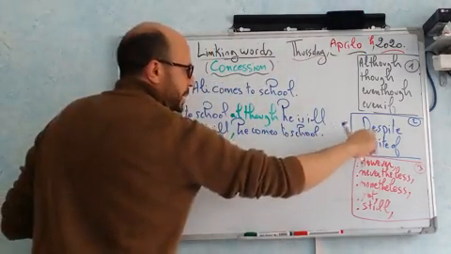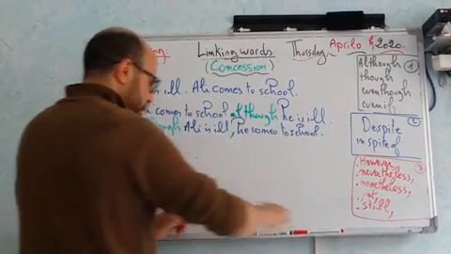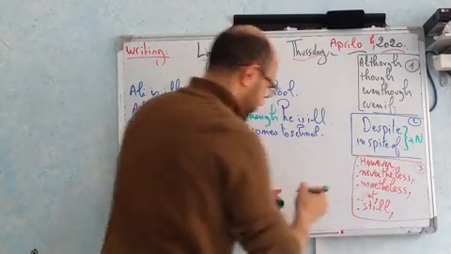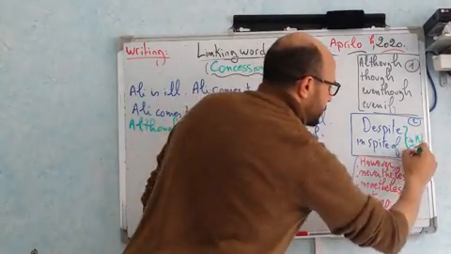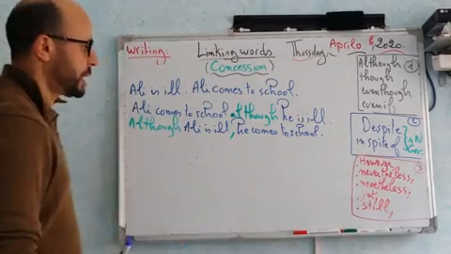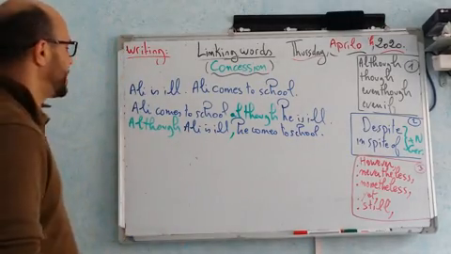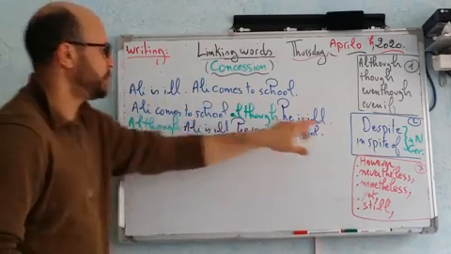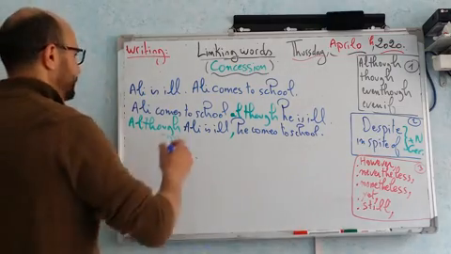If I need to use despite and in spite of, I need to make sure to write a noun before them or a gerund. Sometimes we can find a gerund because a gerund can function as a noun. And now, if I want to make the same sentence from the beginning using despite, I would say